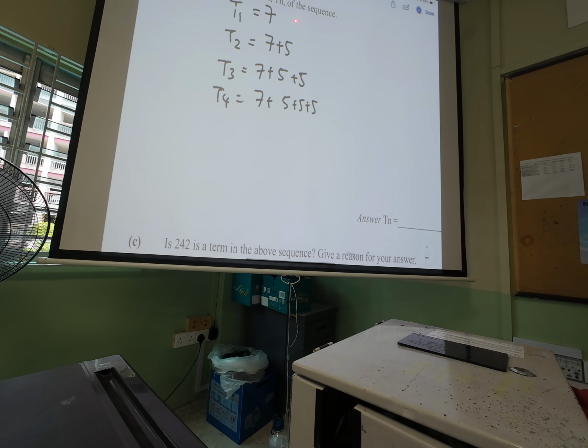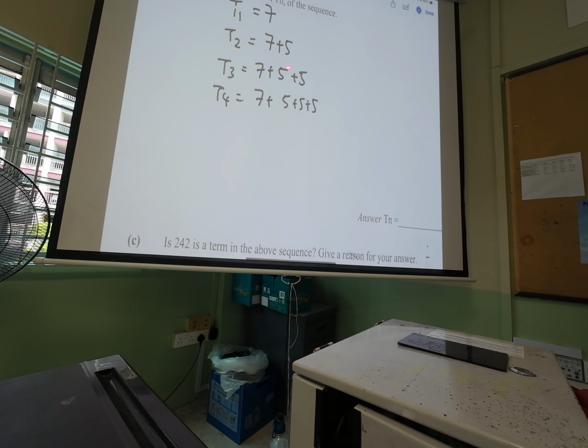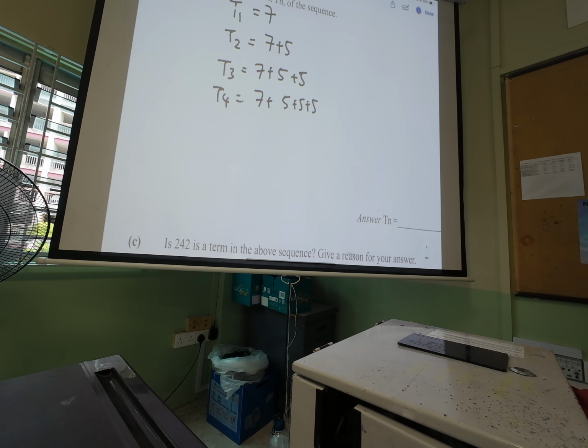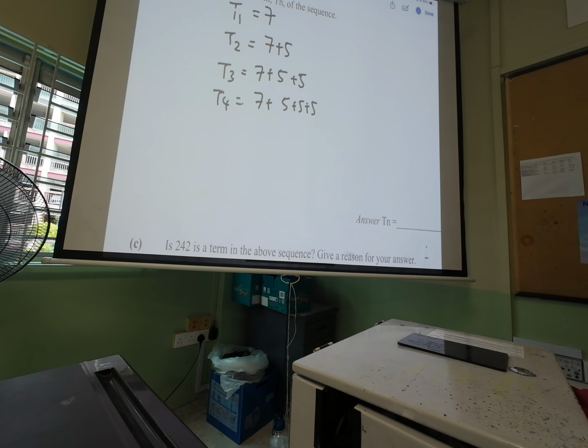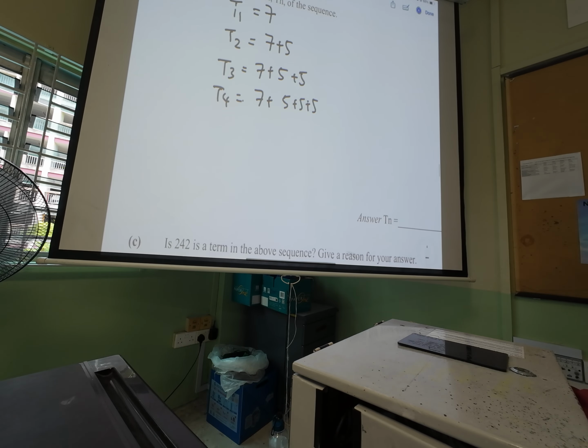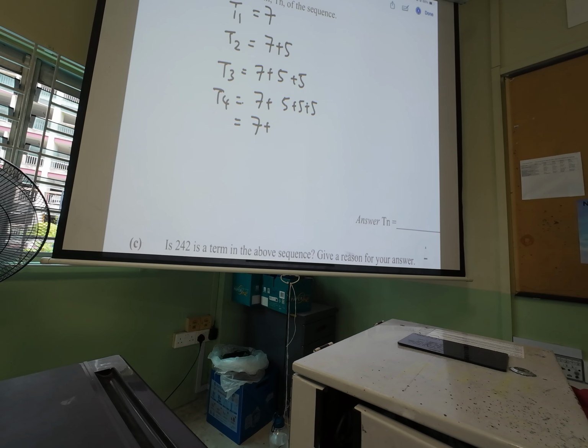When it is 1, I don't add. When it is 2, I add 1. When it is 3, I add 2. When it is 4, I add 3. I always add 1 lesser than this number of 5s. That is how I see the pattern. Then I will be able to write down. If term 4 is 7 plus 3 times of 5,